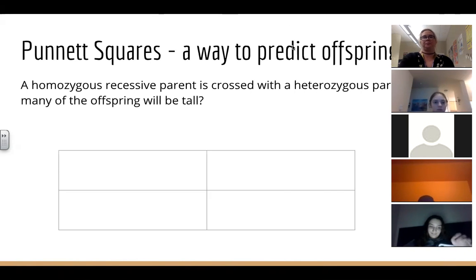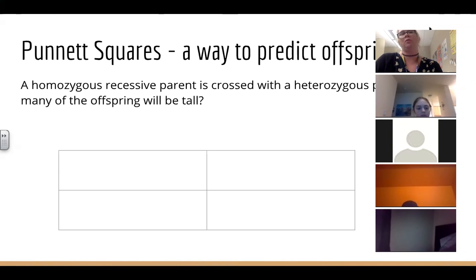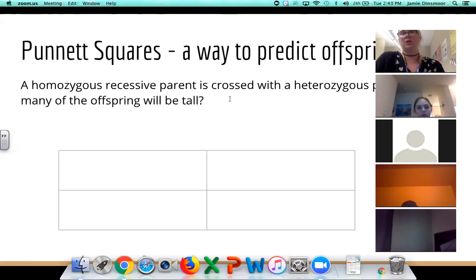Okay, so Punnett squares. A way to predict offspring. All right, so a lot of genetics questions that I like to write and that you'll see involve using the vocab so that you can get used to it. So a homozygous recessive parent is crossed with a heterozygous parent. How many of the offspring will be tall? Oh yeah, I meant to say before this, we're going to use the backstory that I created for the pea plants, right? That we have T being tall and t being short